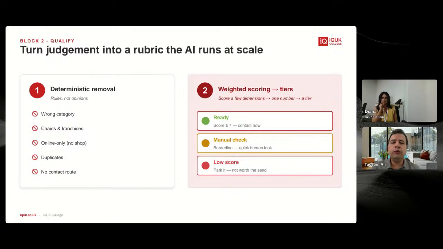Okay, so how do you qualify? How do you assess leads? Yeah, you got a list in Excel format. This is something that we developed, and you can use this approach. The first one is hard removals, very clear, obvious removals. Based on the Google Maps category, for example, you can look at how many reviews a business has.